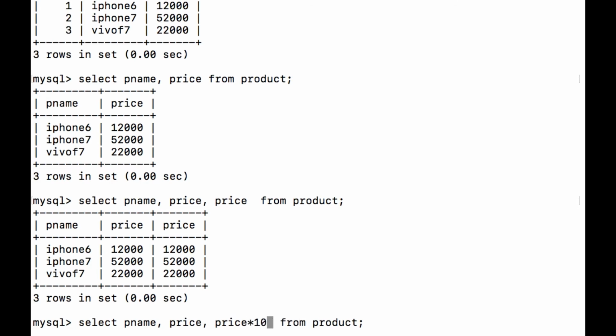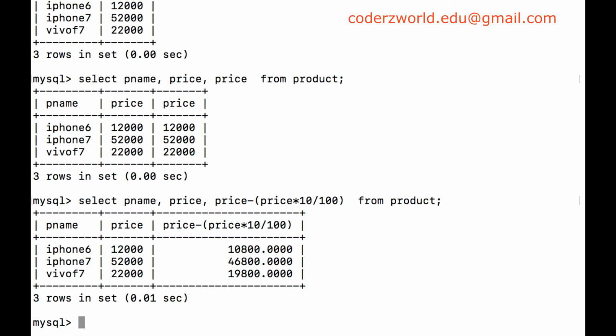Price into 10 divided by 100, price minus the 10% discount. Let's see. So this is the actual price and this is the 10% discounted price. Like this we can do whatever computation we want on the data we have in our table.